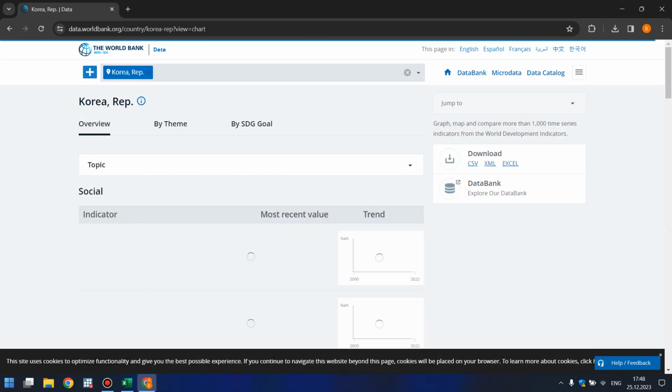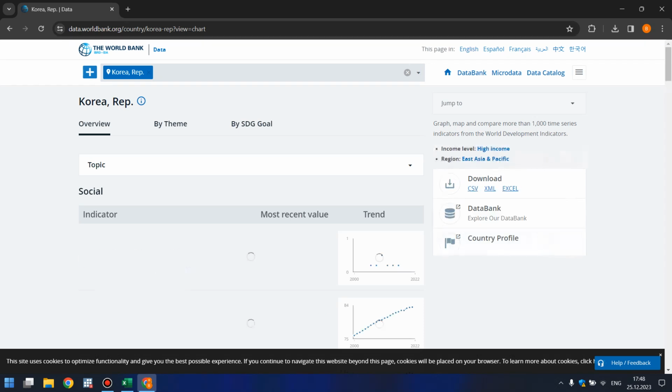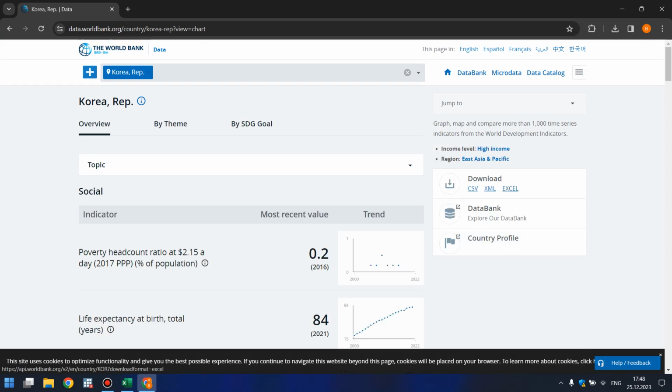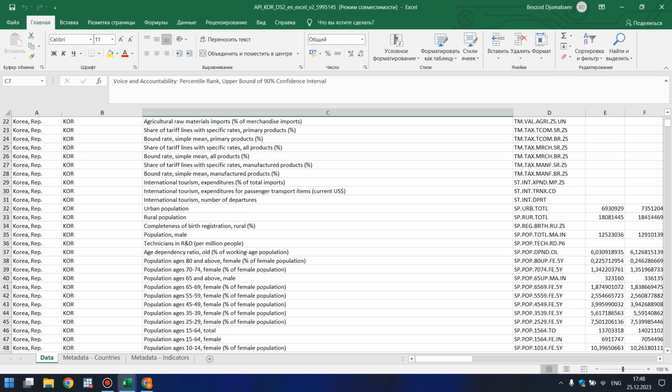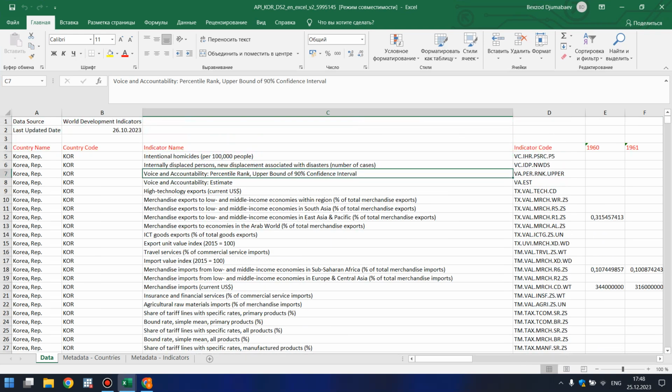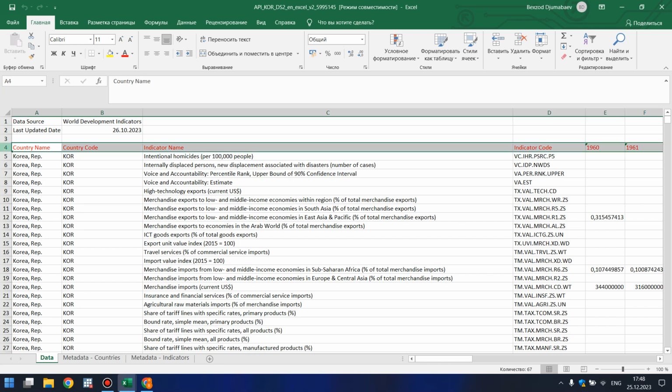So this is South Korea's profile, and we should download the Excel format of the data, which I have already downloaded. First of all, we click on the data and select the country name and our variables. An important thing I want to mention is when you have copied, for example, this country name,